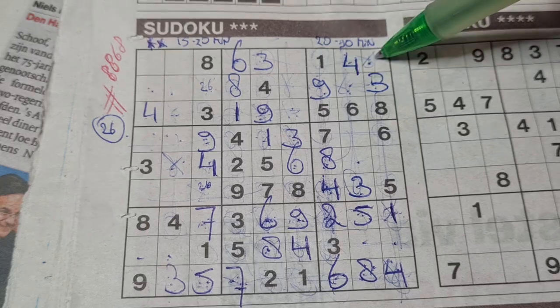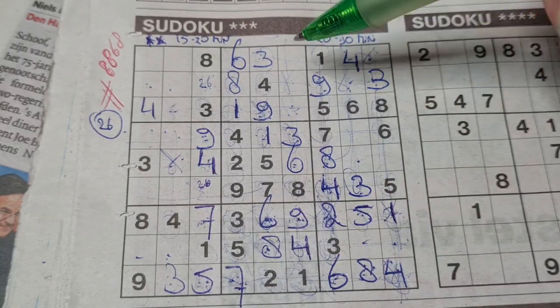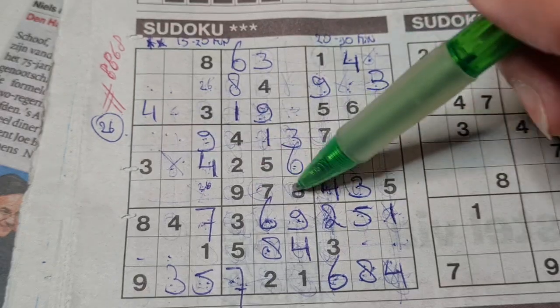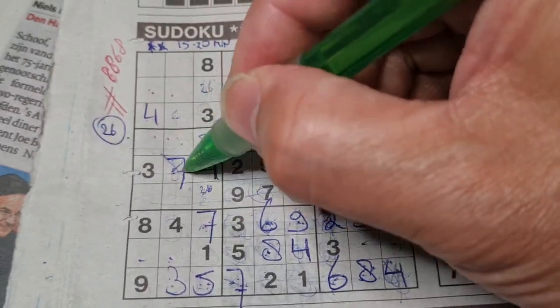2 and the 7. 7 in this row, 7 in that row, so the row between, the middle row. Only place left, 7 should be